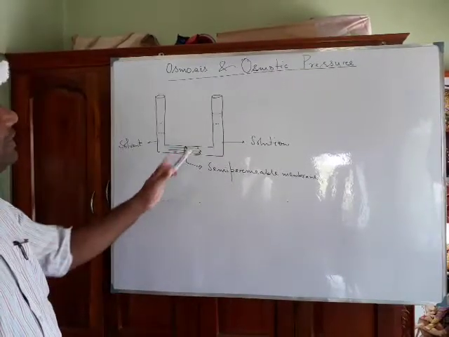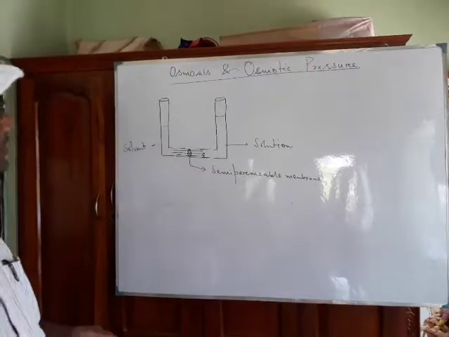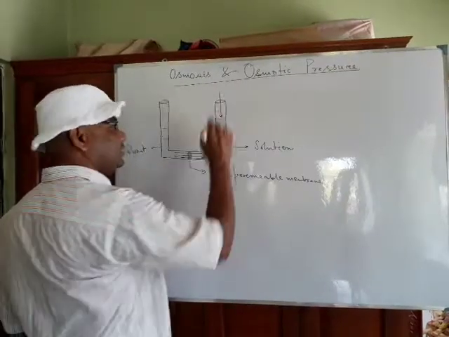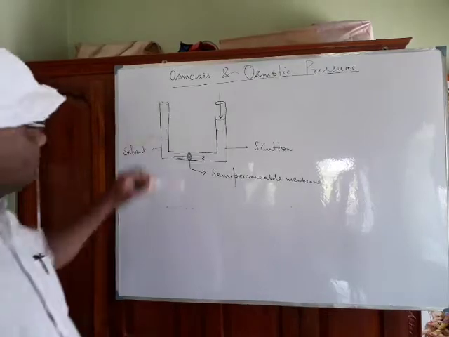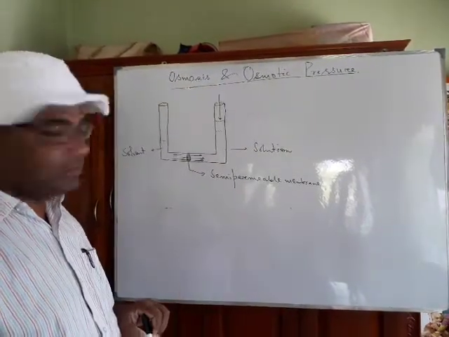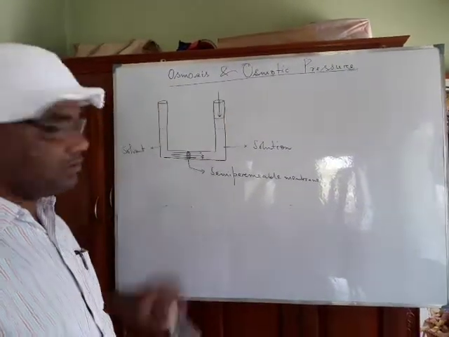Now, what is the meaning of osmotic pressure? Very simple. Osmotic pressure means the minimum pressure needed to stop osmosis. If you exert pressure, the minimum pressure needed to stop osmosis will be called